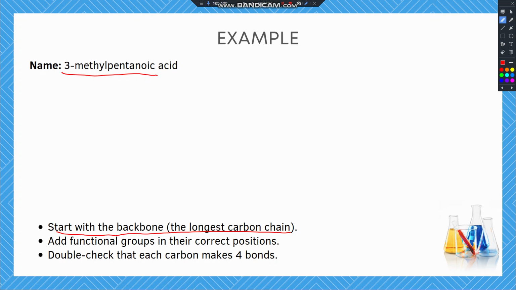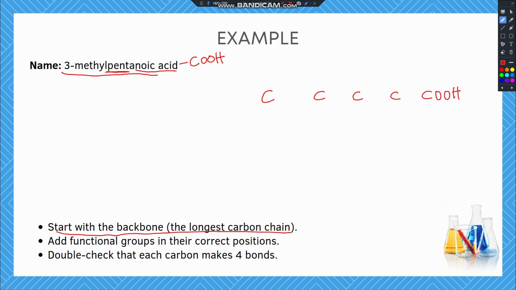How do we know the longest carbon chain? We pay attention to the name pent. Pent signifies that we have 5 carbon atoms. So let's draw that. 1, 2, 3, 4, 5 carbon atoms. And then it has the suffix oic acid. Oic acid shows us that it has a functional group of COOH. So let's put the functional group COOH